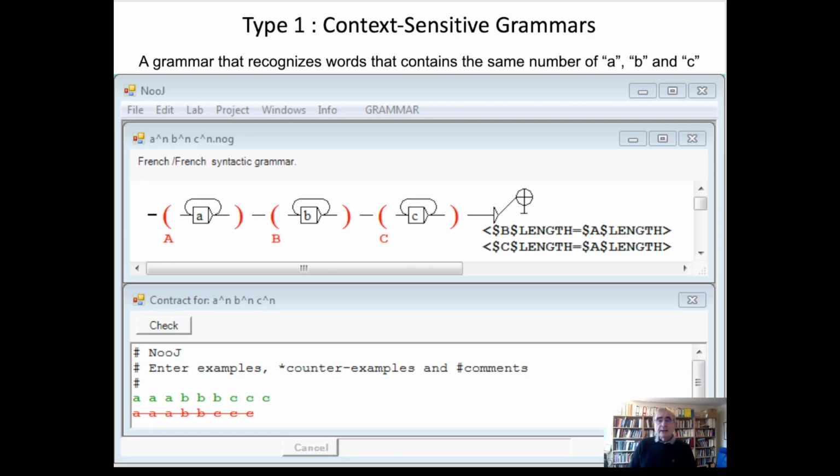Well, we would start by writing a grammar that recognizes any number of A's, followed by any number of B's, followed by any number of C's, and then, when these words are recognized, we would make sure that the length of B, which here has been stored in variable B, is the same as the length of A, which is here stored in variable A, and the same with C. The length of this sequence is equal to the length of this sequence. So as you can see,